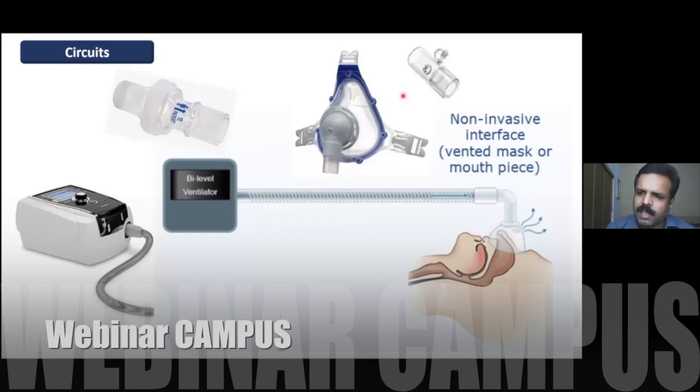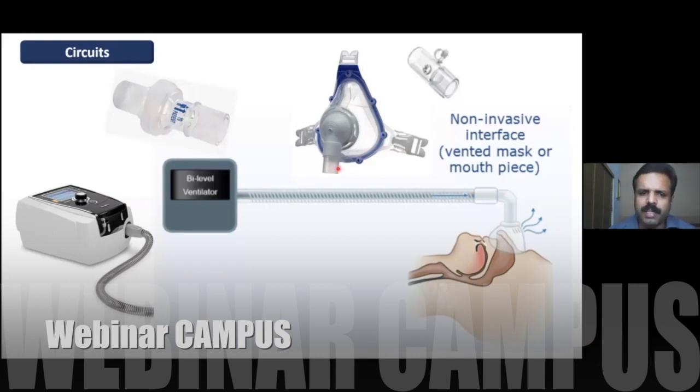Okay. And in COVID also, now what we are doing is, instead of these vented masks, we use a mask without the vent or without leak, and then we put a viral filter here. Then after that you put a leak port. So whatever gas is coming out will first be filtered through the viral filter, and only then will it be exhaled out. So here it will be non-vented. You put a viral filter here and the leak port after this part. So the gas will come through the viral filter and go out. Okay, so that is about the single limb circuit.